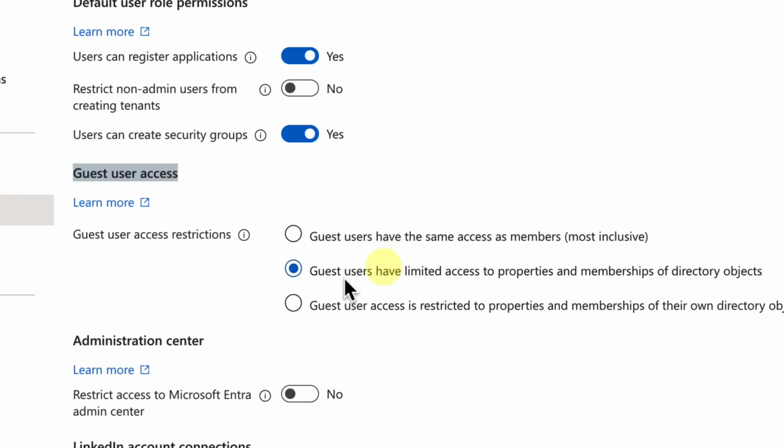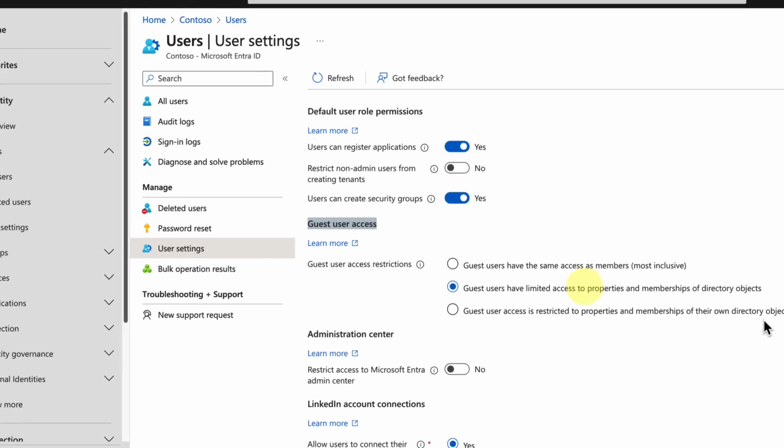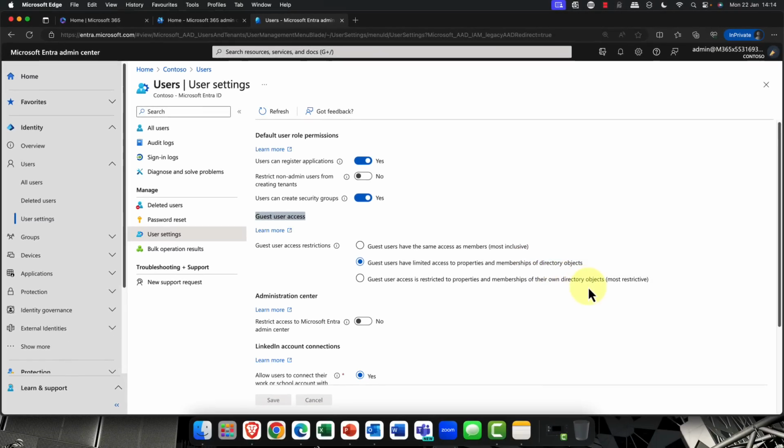Guest users have limited access to properties and membership of directory objects. Guest user access is restricted to properties and memberships of their own directory objects, and that's the most restrictive. And you can see this is the default setting, but again, you can change that if you want to.